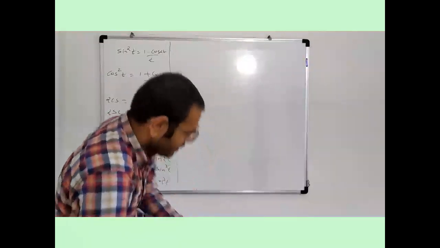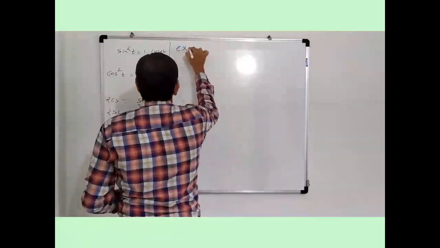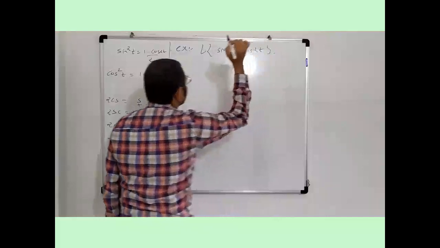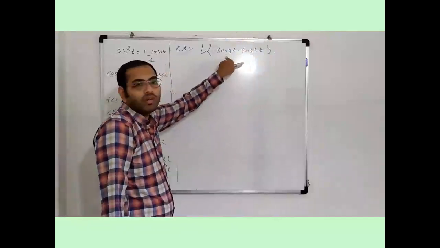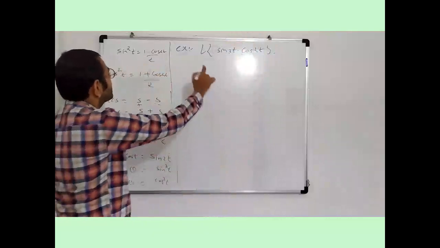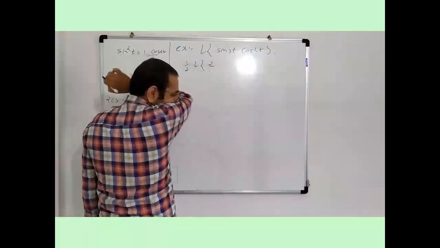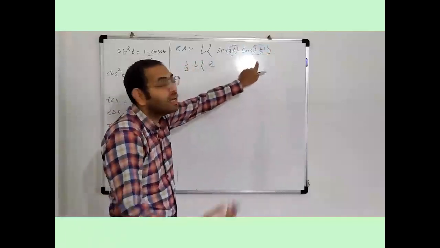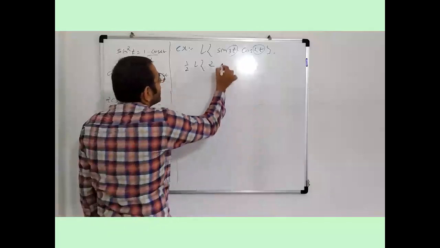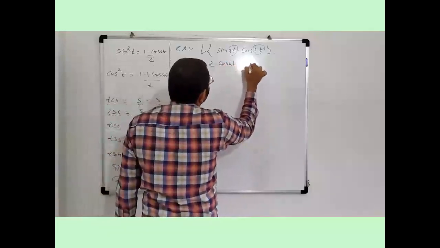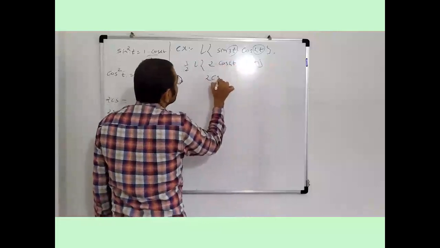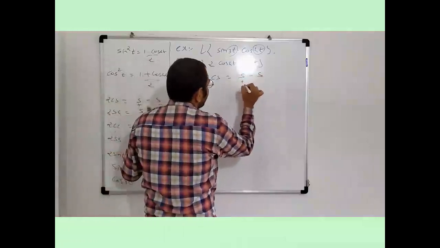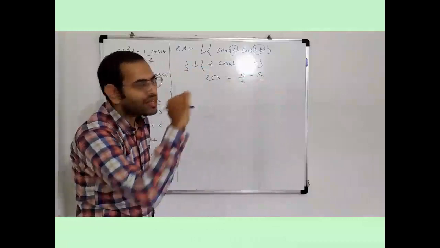Next example: suppose we have the product form sin 3t into cos 4t. First we have a product of sin and cos, so we multiply and divide by 2. Here one angle is 3t and the other is 4t. Whatever the greater angle is, we consider it first, so cos 4t first and then sin 3t. Then we use the 2cs formula, that is sine of the sum minus sine of the difference: first addition of angles, second subtraction of angles.